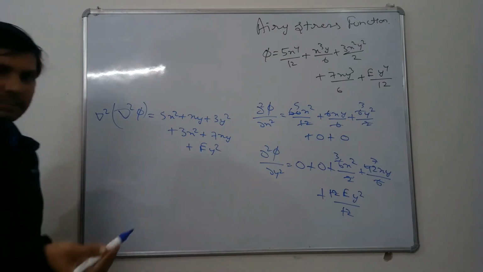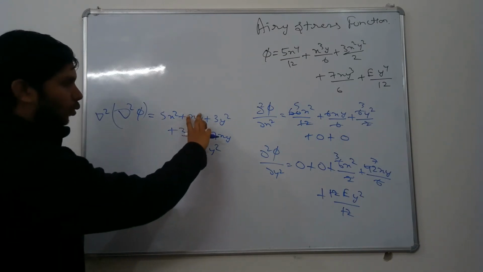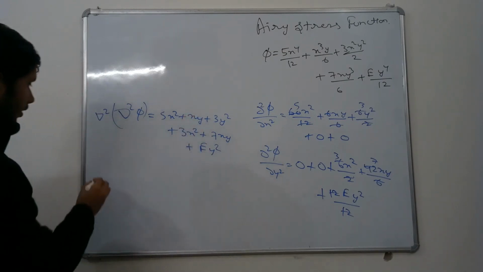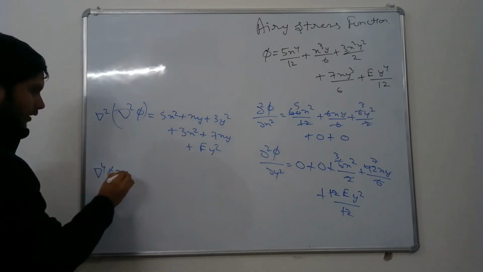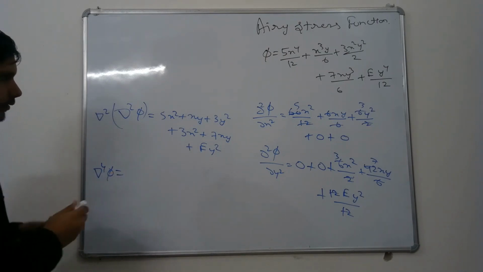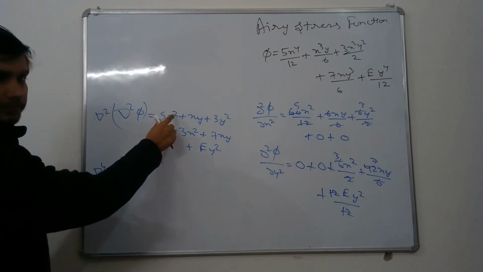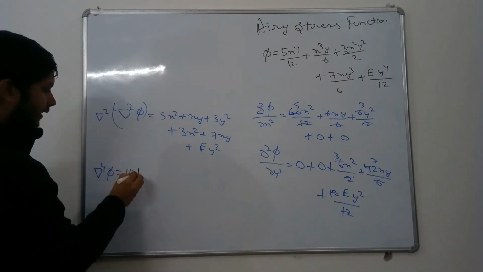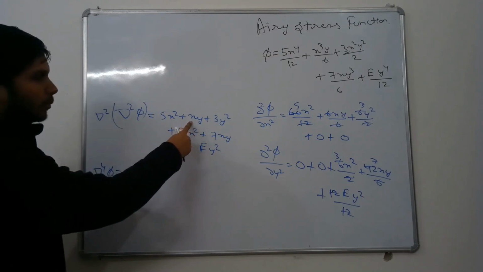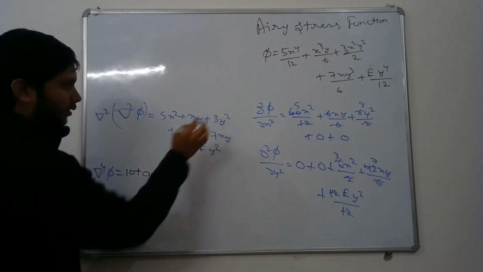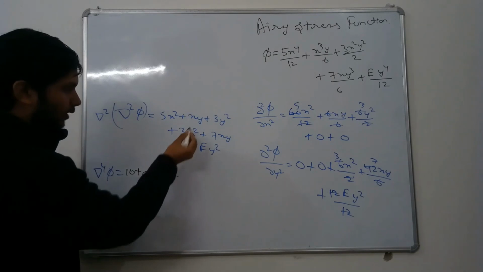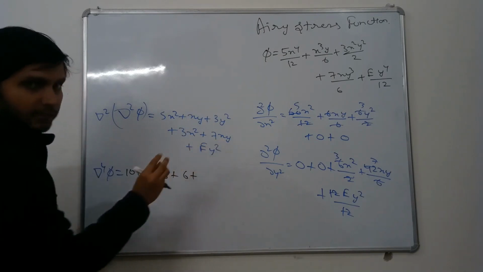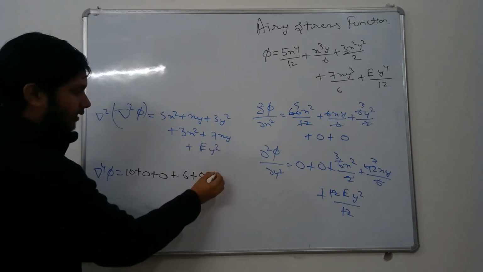Now this again we have to find del square phi, right? So I will do the direct thing. I will differentiate this whole thing 2 times by x and add it with 2 times by y and put it equal to 0. So I am calculating del to the power 4 phi directly. So it will be 2 times differentiation by x. Okay, so 5 2s are 10, 10x and 10, so it will be only 10, plus 1 time it will be y, second time 0, so 0, plus no x, 0. 3 2s are 6, 6x, so 6. 1 time there will be 7y, second time 0, so 0.